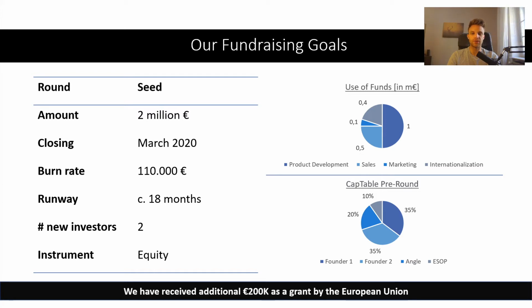First, closing March 2020, I want to add a short note on that. You should plan quite some time for a fundraising process. At least 3 months. So you should start immediately after Christmas with your fundraising process if you want to close in March. Probably it's even better to start before, especially if you're not that experienced. If you do not have a great network, you need to start even earlier because it takes quite some time. It's really time consuming, and yeah.